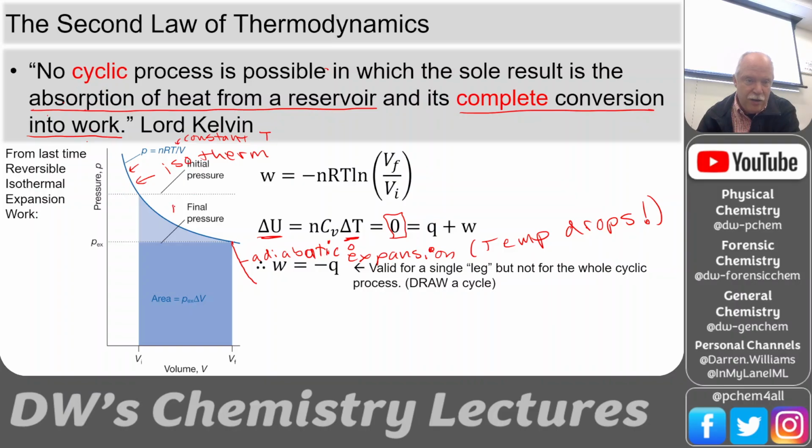So we've got one here. This is the second leg. Now, what if we want to reuse this gas? We could compress it. So if we compress it along an isotherm, it'll be somewhat parallel to that other one, but it's going to be cold. And so this one up here was hot. It's higher pressure at a given volume, so it's certainly hotter. Does that make sense? A higher pressure at a given volume, it's hotter. And then the adiabat, it cooled down, so we're at a colder temperature.